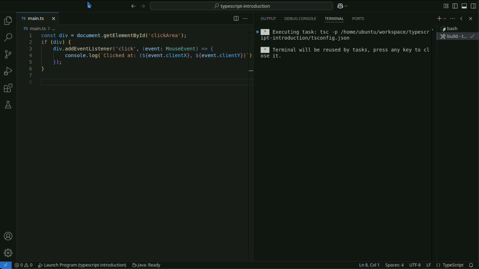KeyboardEvent represents events related to keyboard operations. keydown and keyup events fall under this category.